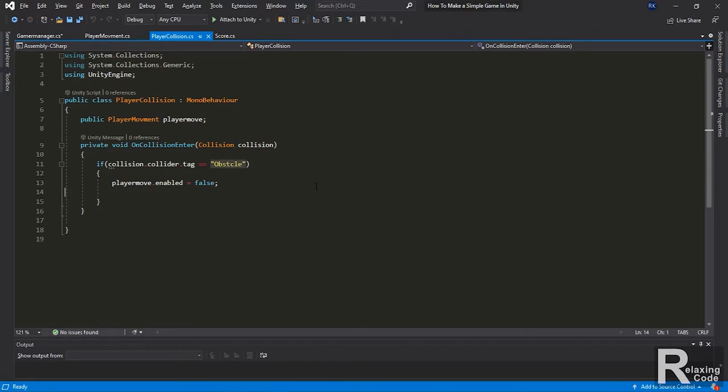And right now we need to do the same thing for our game manager code. We can write public GameManager and link it under the playerMove, and drag and drop from the Unity,